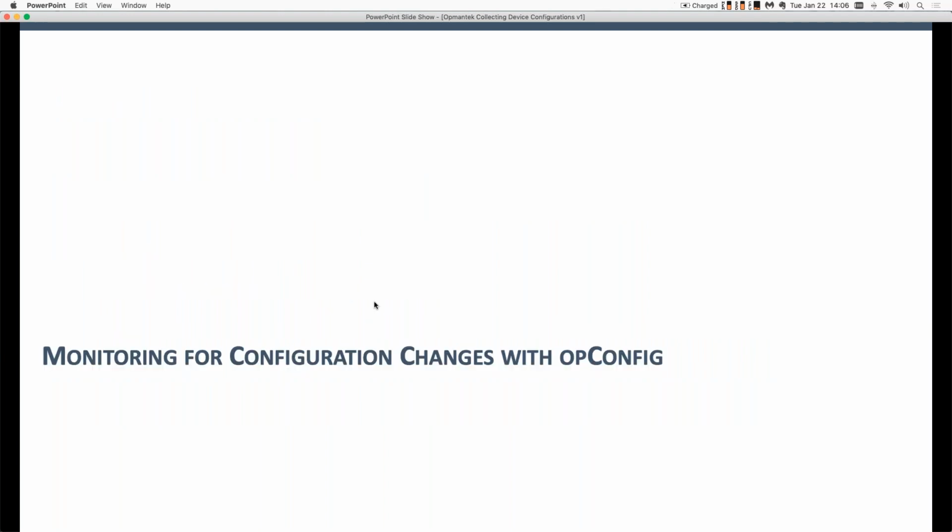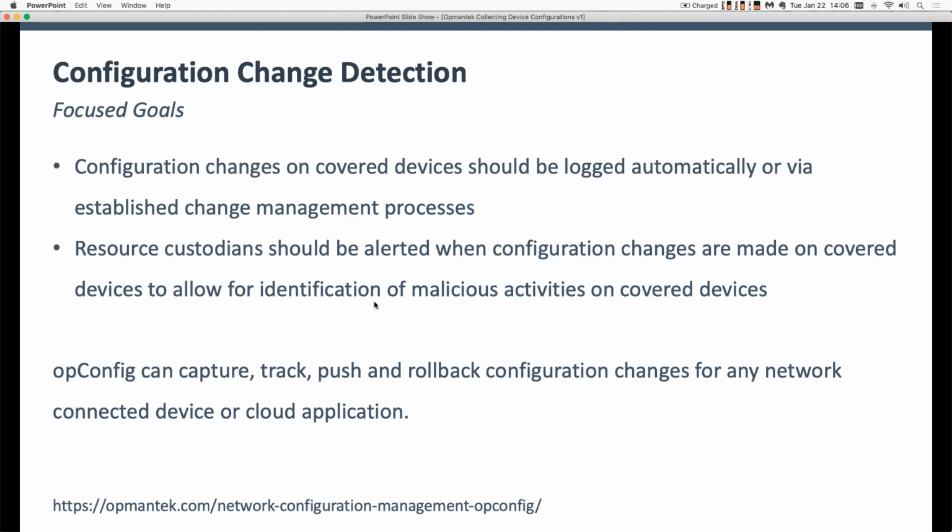All right, so let's talk a bit very quickly about how opConfig works and why you should use it. The first couple pieces really come from the UC Berkeley guidelines: the concept that configuration changes on covered devices should be logged automatically or via established change management processes. So you should be monitoring your device configurations, your network devices, your routers, switches, hubs, firewalls, load balancers, all those